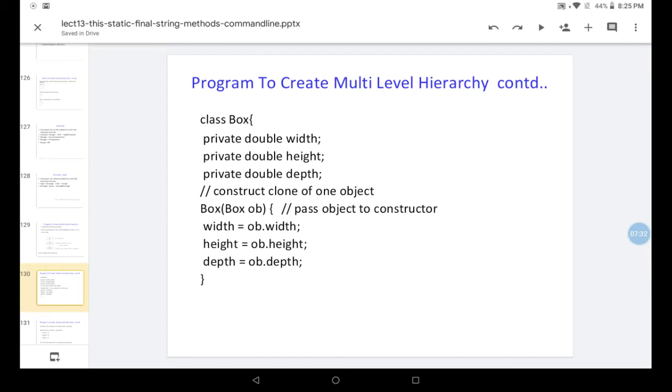That object's values are assigned to our instance variables: ob.width is assigned to instance variable width, ob.height to instance variable height, and ob.depth to instance variable depth.